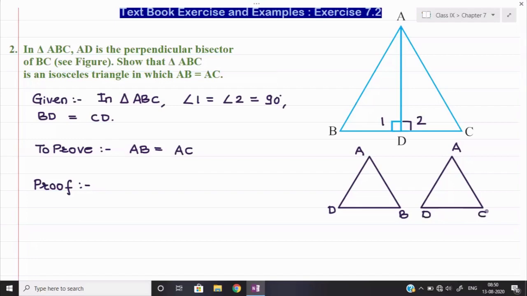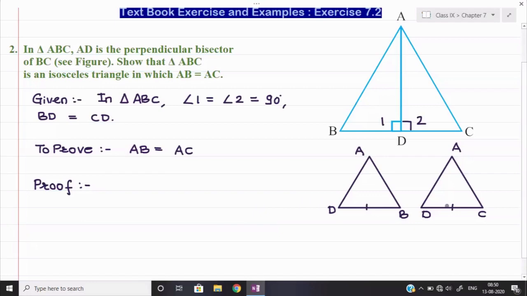First of all, let's see. We have to prove that AB and AC are equal. And if I am able to prove two triangles are congruent, then side AB and side AC are already coming as corresponding sides. So we only need to prove these two triangles are congruent, and we can say yes, the corresponding sides AB and AC will also be equal. Now see what is given equal in this question. First we see BD and CD are equal. That is given in the question. So this we can mark as equal.